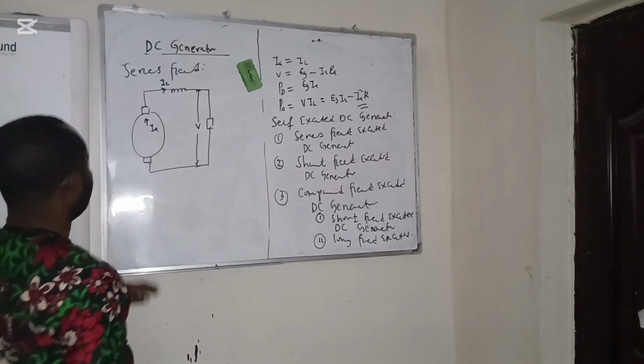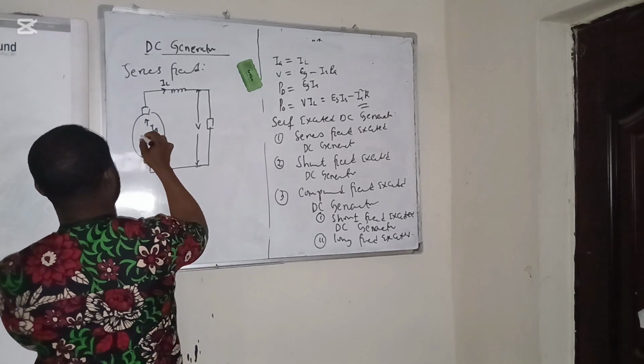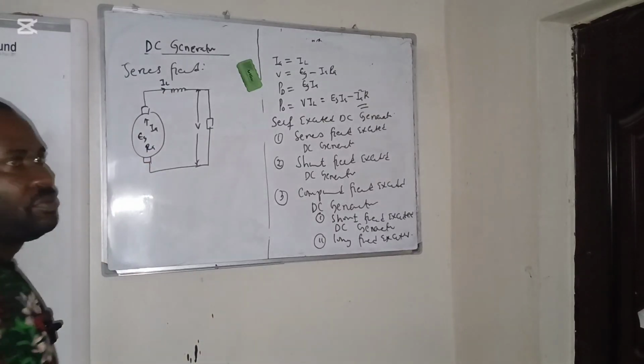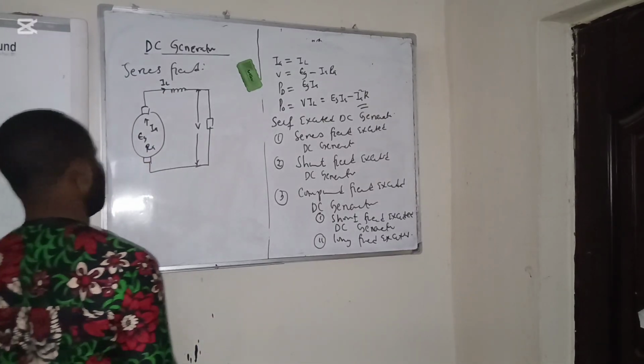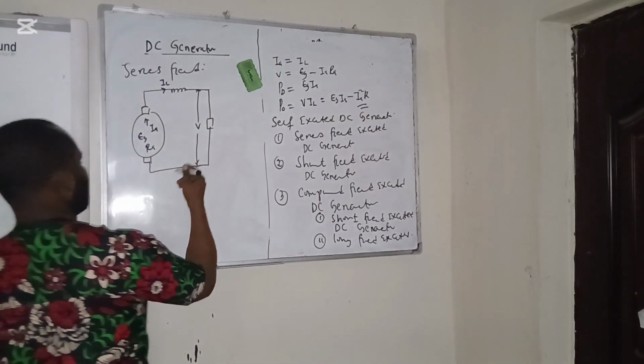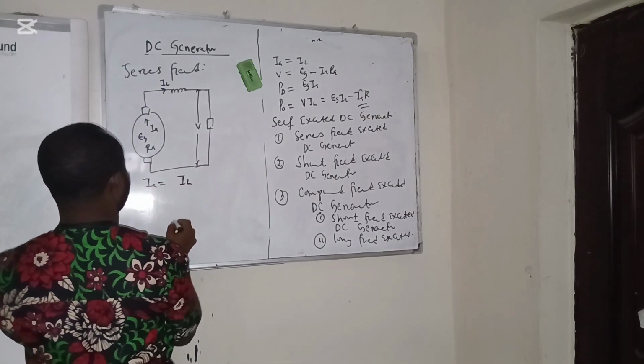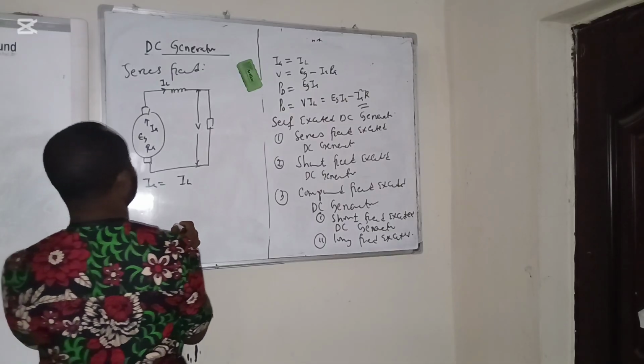This is the armature current. We have the induced EMF. We also have the resistance of the armature winding. So similarly to this, we realize that the armature current is the same thing as the load current, and